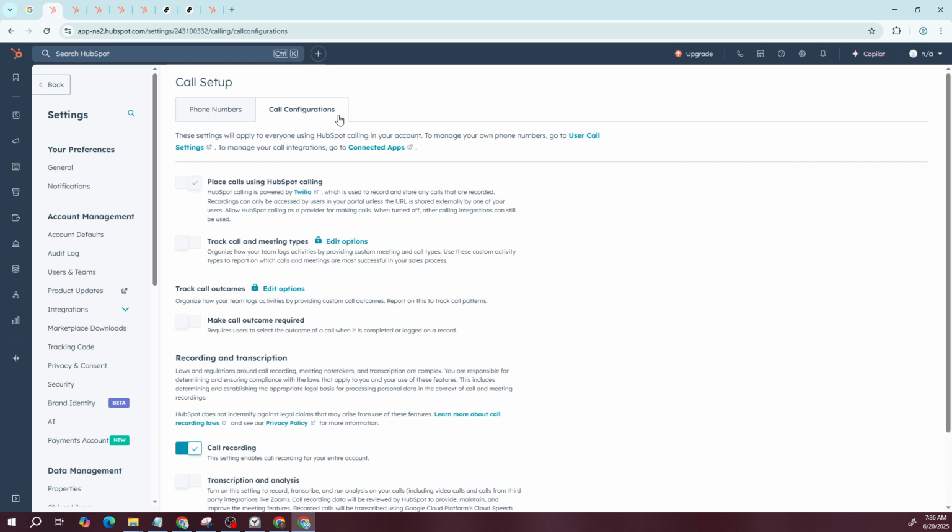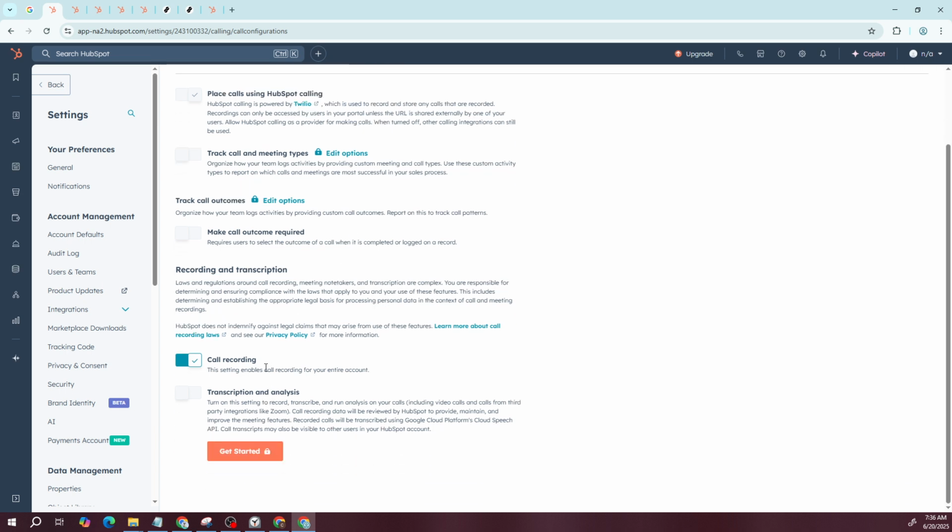The next stage involves enabling a few critical skills that will allow the AI meeting note takers to perform their duties efficiently. Look for the option that says Call Recording and Transcription and Analysis, and make sure to enable each of them. These services work hand in hand, allowing the AI to record, transcribe, and analyze each call for a